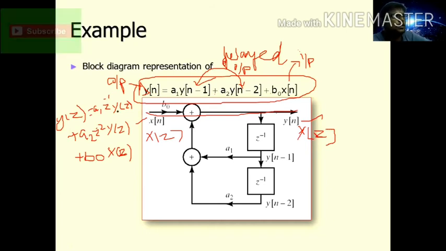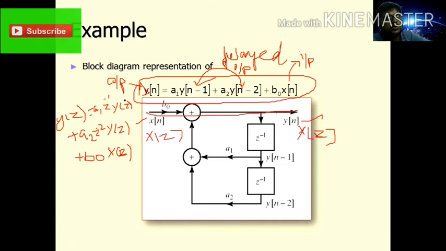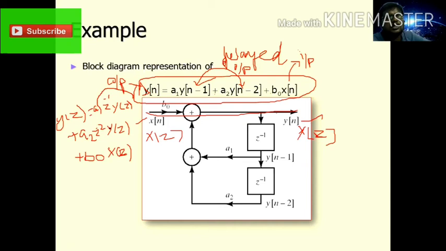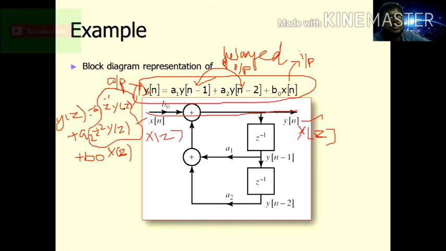Okay, now you find out the delay elements. Here it consists of 2 delay elements, z inverse and z power minus 2. So 2 delay elements are required, right? And one more thing is important, kindly note it down, where your delay element comes. Your delay element comes along with your output signal, not your input portion. It comes along with your output signal, that is z inverse Y of z, z power minus 2 Y of z. So in this portion, the output side, right hand side, extreme case.